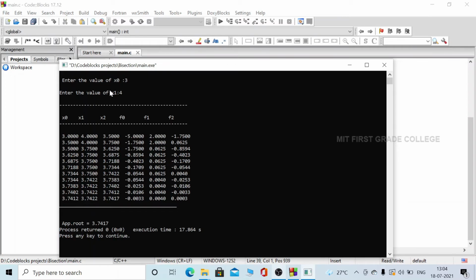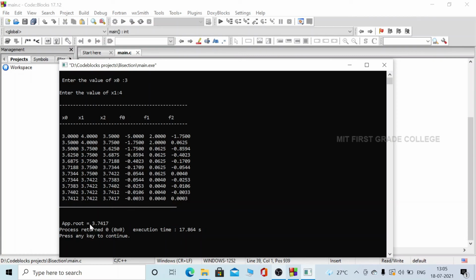Here you can see a set of iterations. As I told you, it takes two initial values, that is 3 and 4, and then it is done with one iteration and moves on to another iteration using that if statement. Like this, the whole set of statements is executed until the while loop condition becomes false.